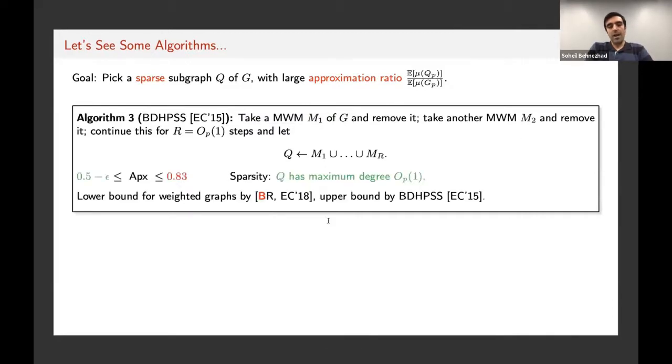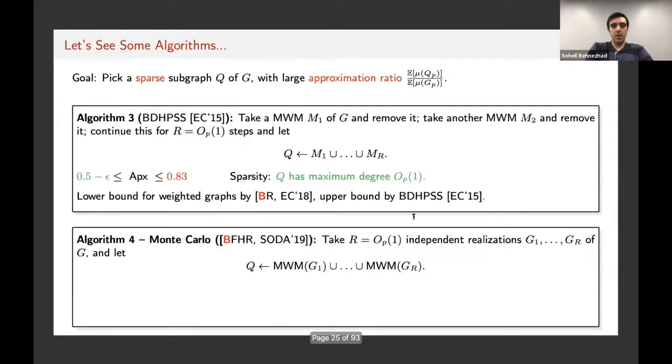Well, so on the one hand, if R, the number of steps of this algorithm, is a constant, then this subgraph is going to be sparse. And on the other hand, it's known that the approximation ratio of this algorithm is somewhere between half and 0.83, even for unweighted graphs. On the other hand, there's this other Monte Carlo algorithm we introduced in 2019, where here